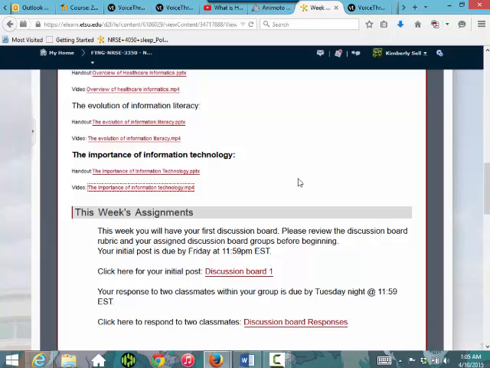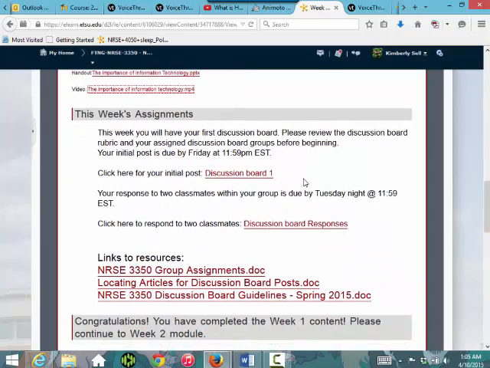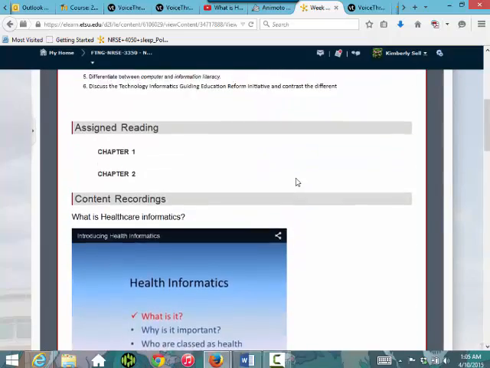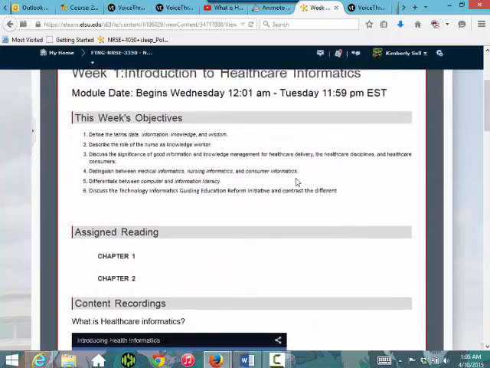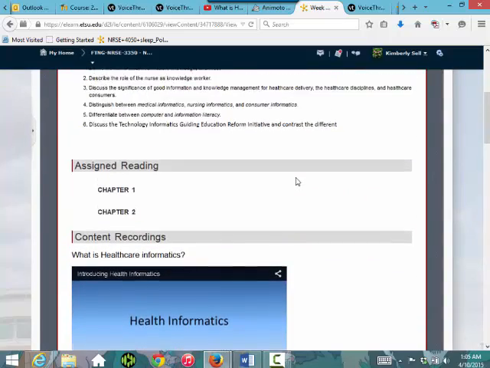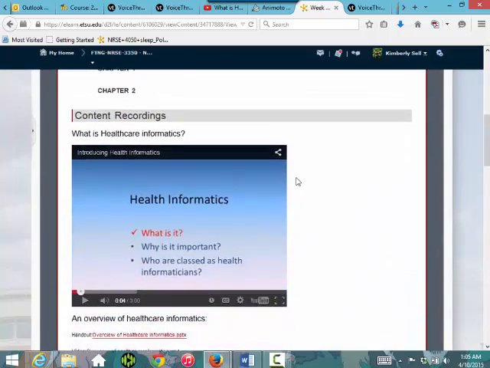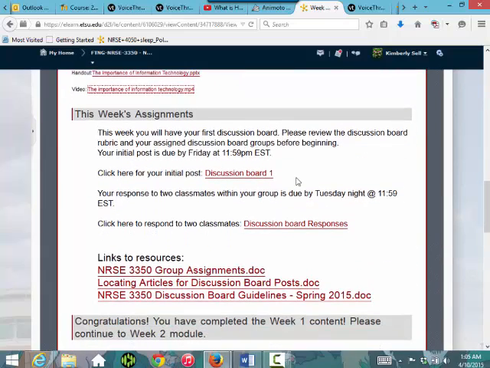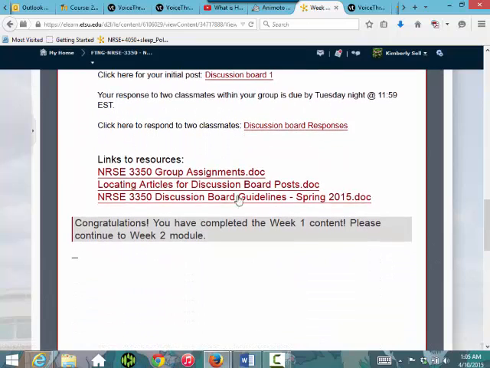And then in terms of their assignments, all of the modules are going to be set up to look the same, so it's pretty consistent for the students. So they'll have their objectives first, the reading assignment, and then any recordings, and then the week's assignments. And so they'll have discussion boards, just like I showed you before. And I went ahead and linked back to all the original documents so that they have them right there and don't have to go hunt for them. And then once they complete that, then the next module will open up. And so that is what I have done